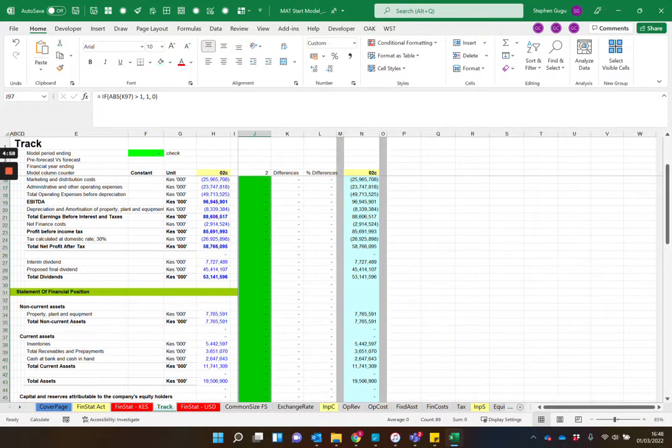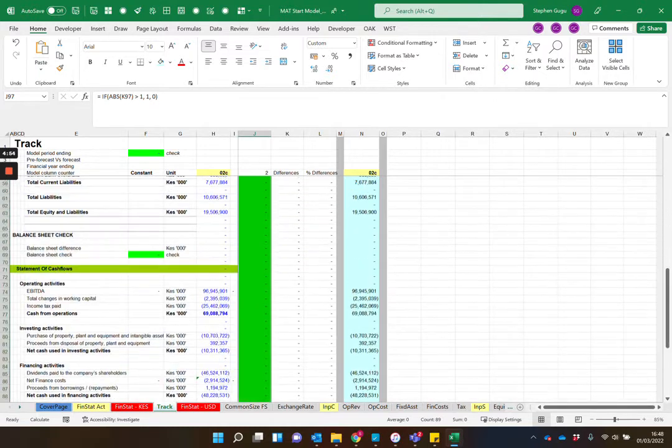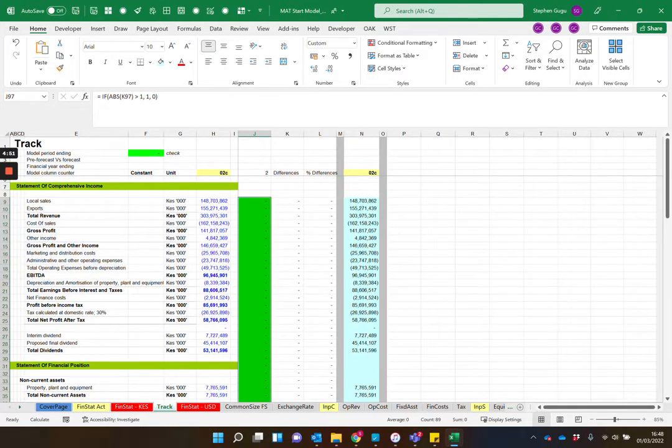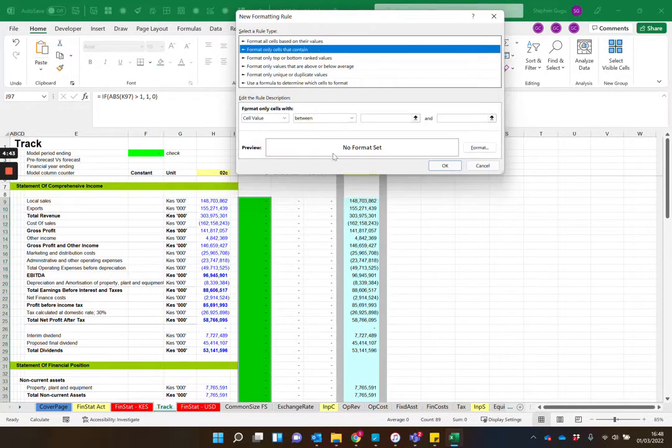Welcome back. We had just done the conditional formatting when it's equal to 0. So let's apply the conditional formatting when it's not equal to 0. So let me do that. I go again to conditional formatting, Home, then conditional formatting. I'm going to say new rule, format cells that contain, and now I want to say if the cell value